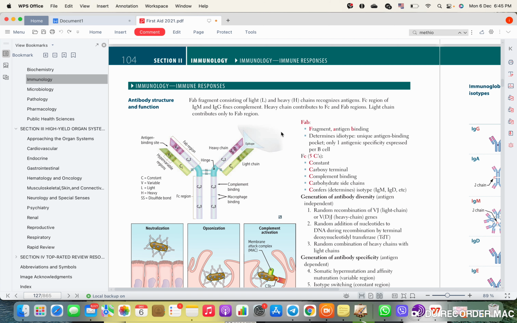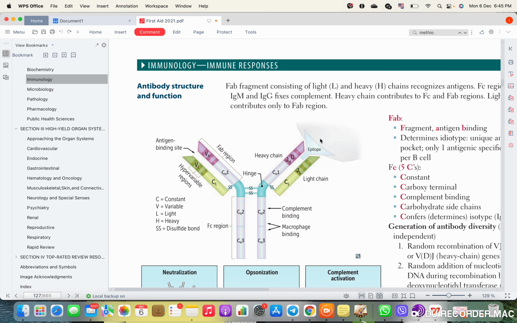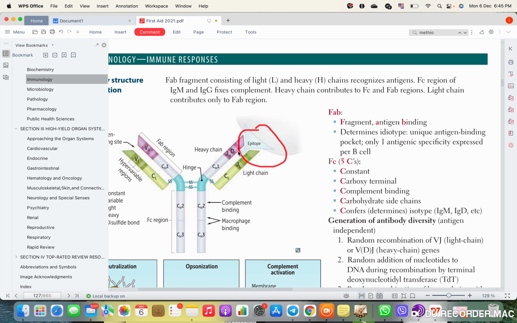So we have here the following. Fab is a fragment antigen binding. So yeah, that's where the antigen binds. Where does the antigen bind? You must know that it's to the Fab, yeah? And it determines the idiotype, okay? What does idiotype mean? Well, you will only have one antigen able to bind that antibody at that specific location,